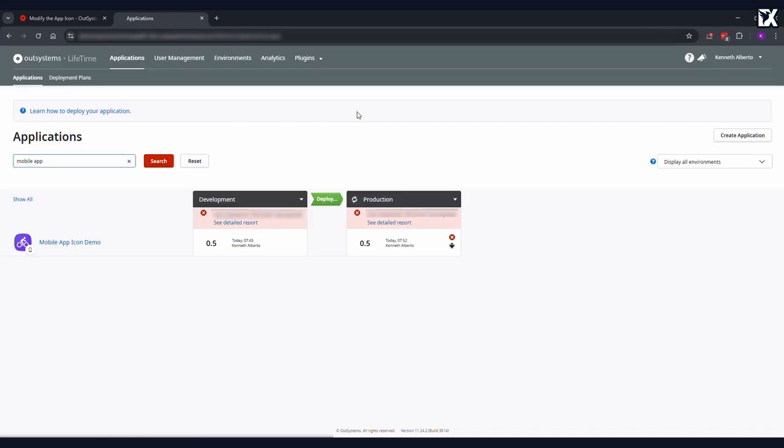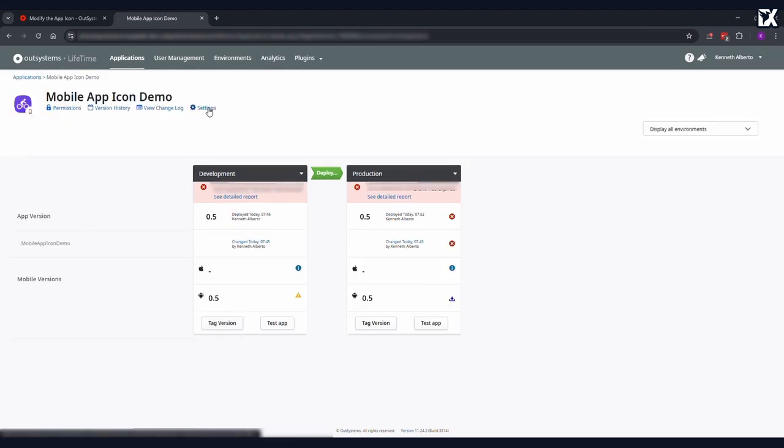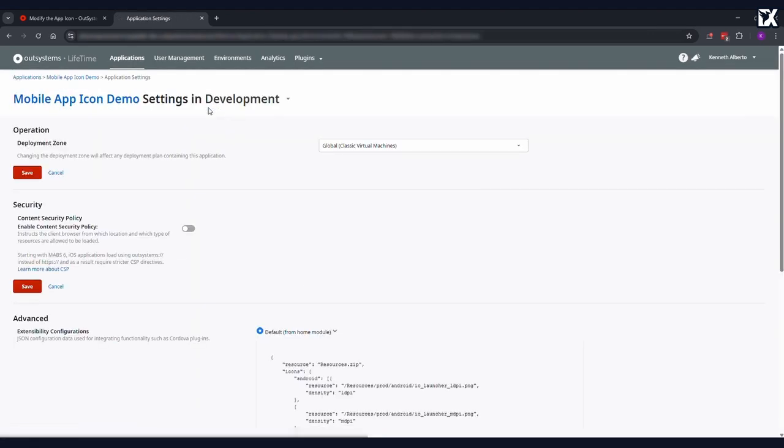Now, to change the icon for dev environment, we will go to LifeTime, search for the application, click settings. So in this page, we can change the settings for development and production. But in our case, we will be updating the development. So I will select development,